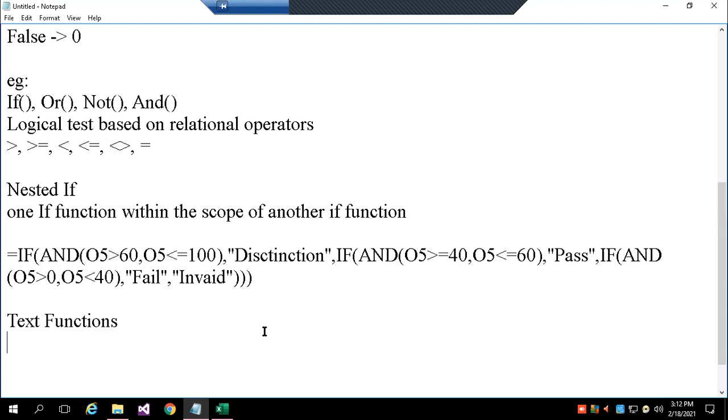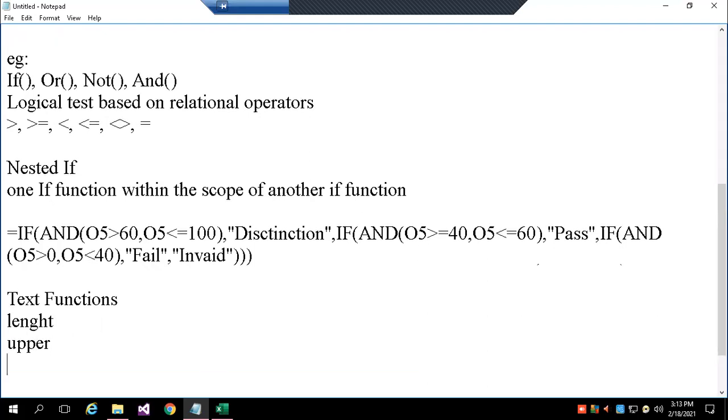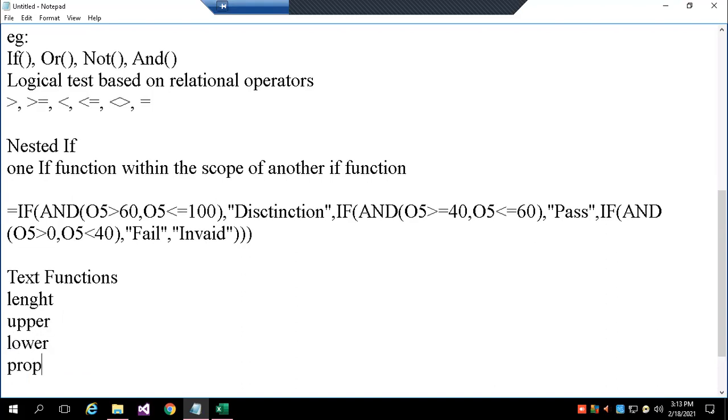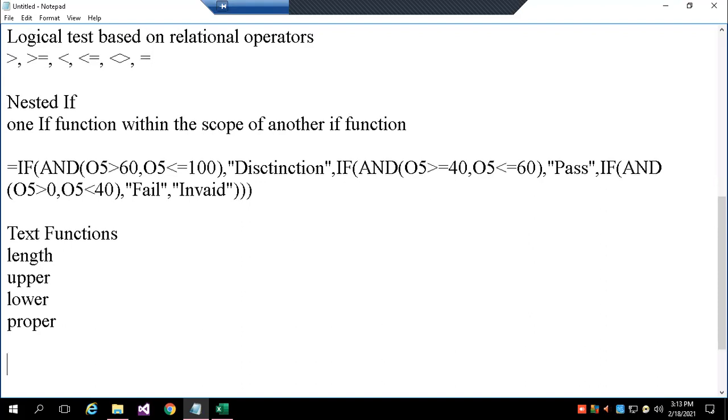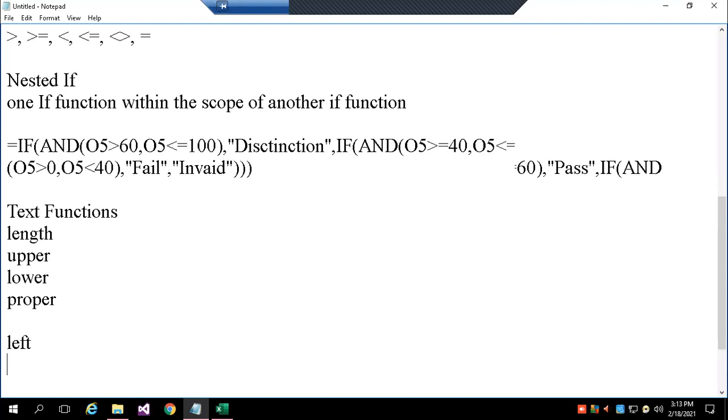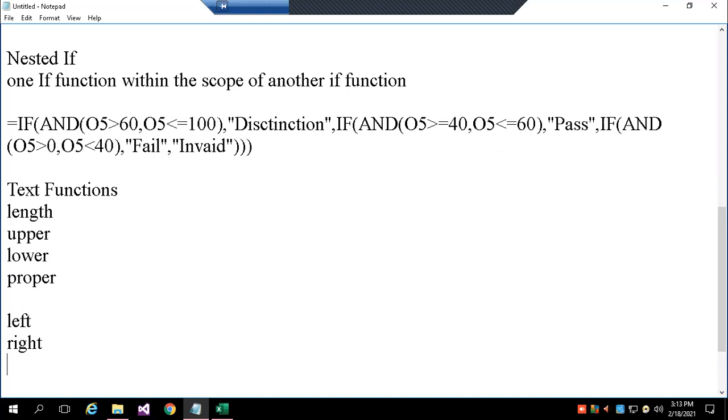Under this, today we are going to discuss the LEN function, which is called the length function. Then converting to uppercase, lowercase, small letter and capital letter, and proper case. Then extracting strings: for that I'm going to introduce LEFT, RIGHT, these are all function names, then MID.